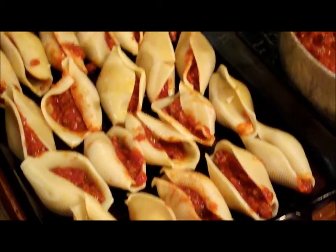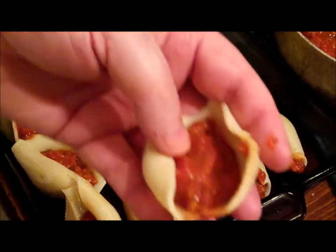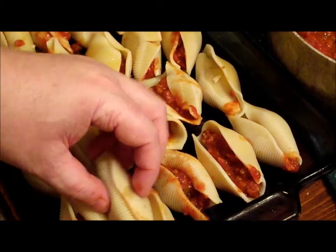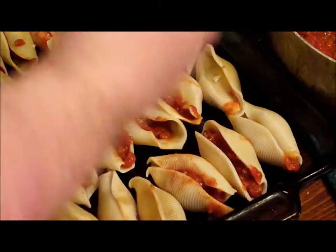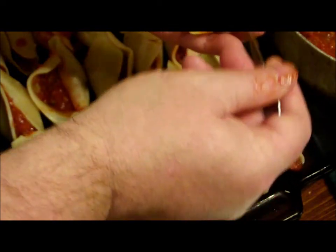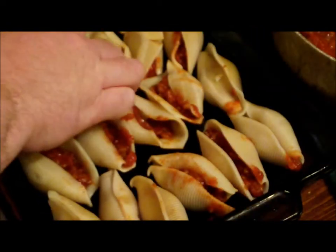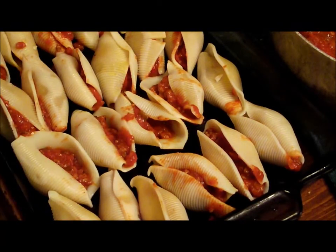Okay everybody, you can see we've got almost the whole pan filled here. I've got just a few more I'm gonna squeeze in here and try and use up as much space as I can. I think I got room for maybe one more over here. Squeeze that right in there. Okay, now the next step